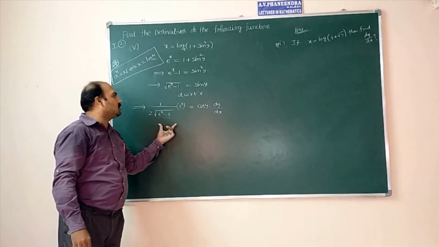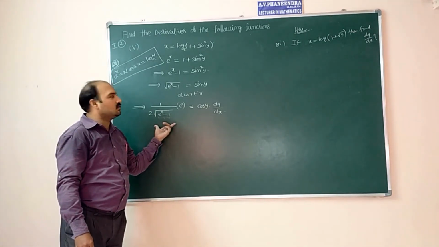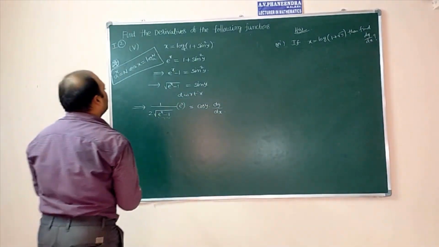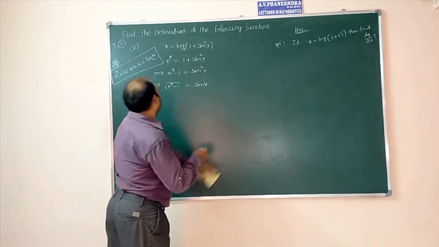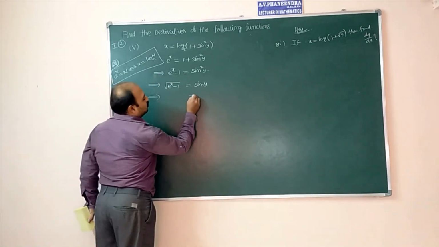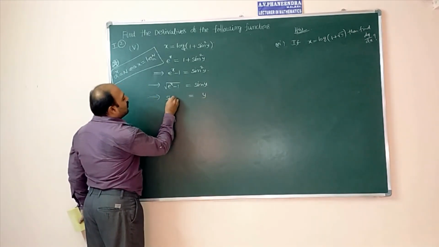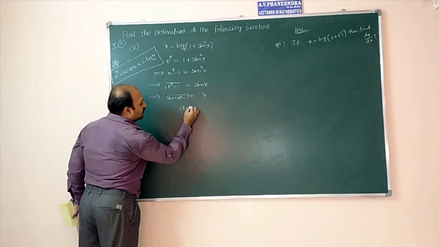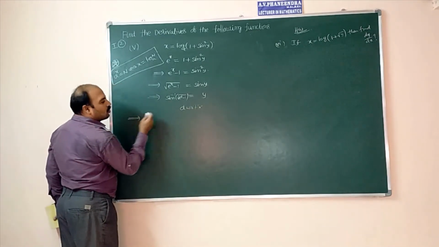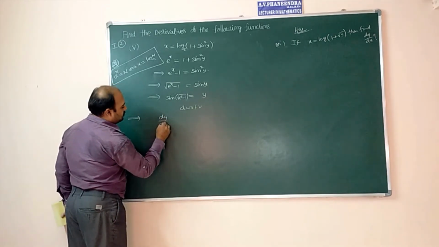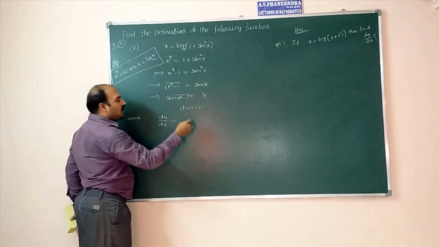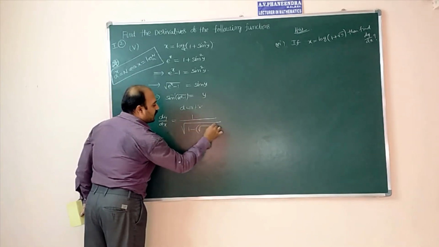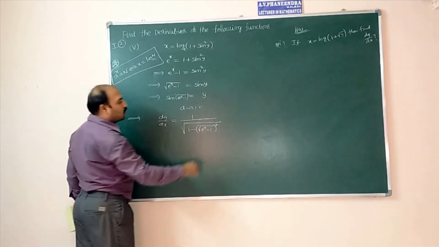Otherwise, if it is feeling difficult, here you have to write y completely in terms of x. See how it is before going to differentiate, which implies that y is equal to sine inverse of root e power x minus 1. Now differentiate with respect to x. So y derivative is dy by dx. d by dx of sine inverse x, we know, is 1 by square root of 1 minus x square, here square root of e power x minus 1 whole square.